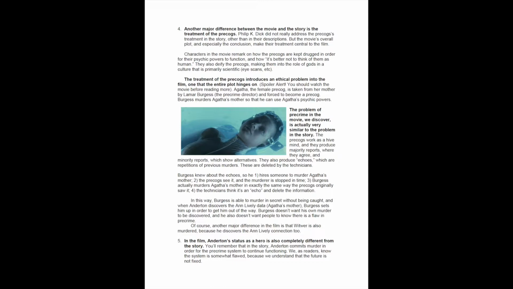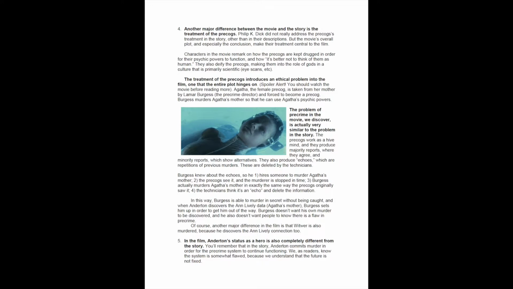But then Burgess actually murders Agatha's mother in exactly the same way the precogs originally saw it. The technicians then think it's an echo and delete the information. In this way, Burgess is able to murder in secret without being caught. And when Anderton discovers the Anne Lively data, that's Agatha's mother, Burgess sets him up in order to get him